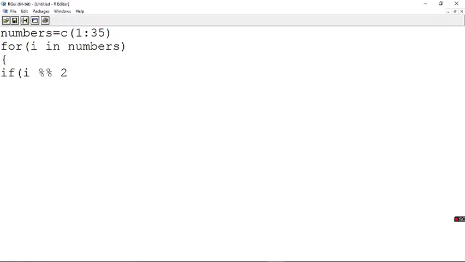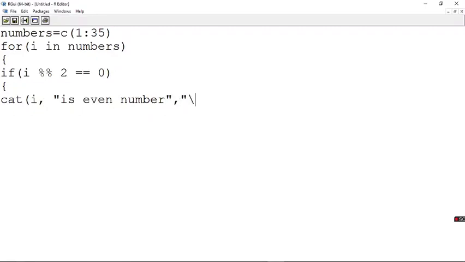So I say percentage 2. I divide it by 2, and if it has to be 0, yes, I say double equal to 0. If it is 0, what I have to do? I have to say cat I is even number.